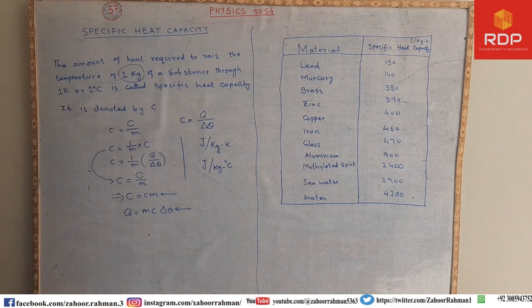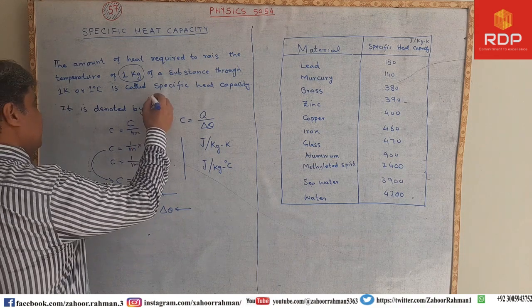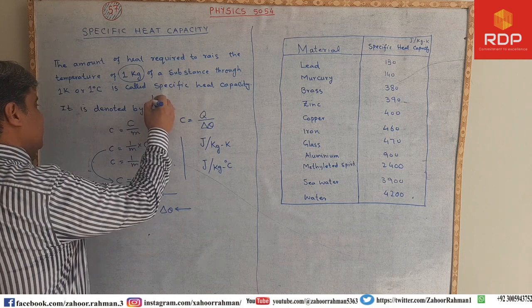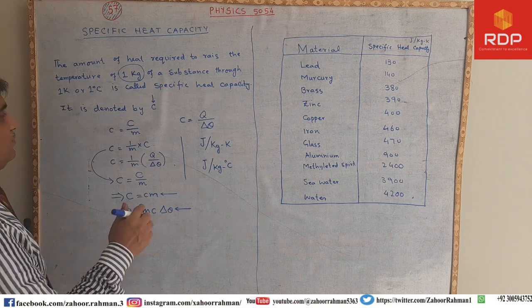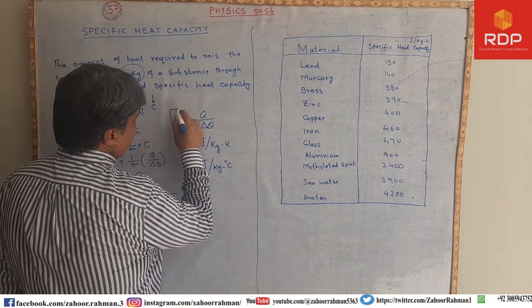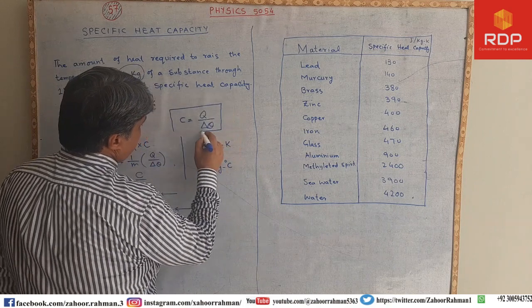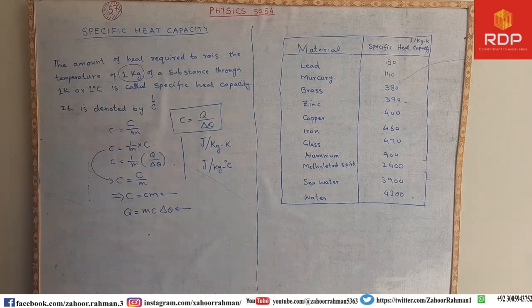The second thing is that specific heat capacity is denoted by small c, while only heat capacity is denoted by capital C. The third one is the mathematical form of the heat capacity, C is equal to Q divided by delta theta,